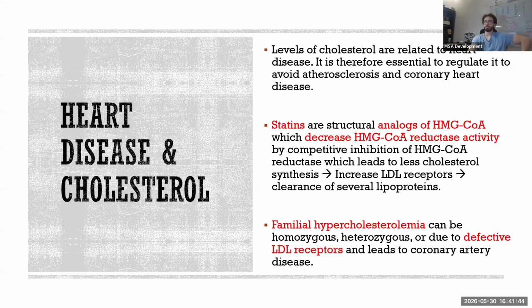Now, another disease I want you to know other than atherosclerosis, which we will talk about in a moment, is familial hypercholesterolemia. Hypercholesterolemia: hyper, a lot; cholesterol. So we have a lot of cholesterol. Why does this genetic disease happen in people? Because they have defective LDL receptors. So a lot of cholesterol is found in the blood, and because the LDL receptors are not working, we can't take this cholesterol inside the cells. So we have familial hypercholesterolemia.